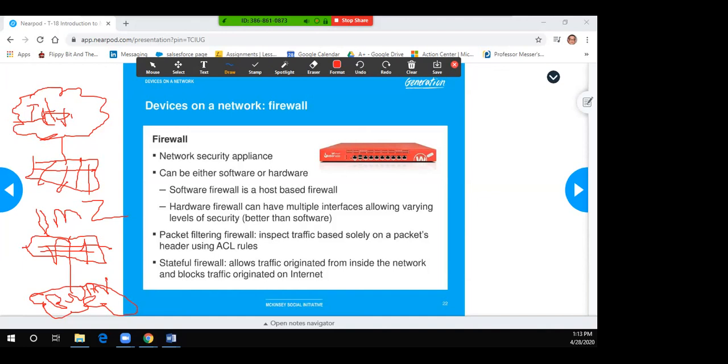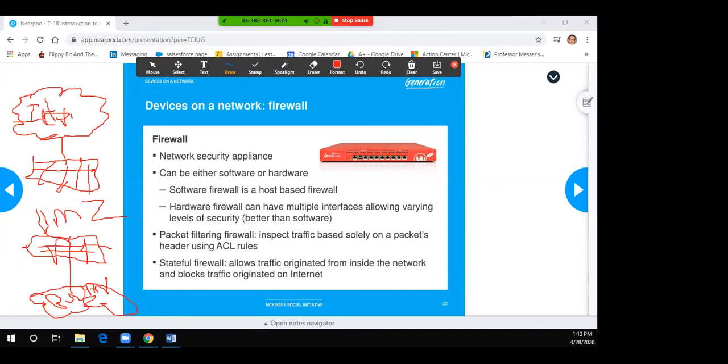Now, the stateful one is obviously a little different. That one's in reference to it checking if I started it or not. The difference is that the packet filtering firewall obviously inspects all of the actual packets and checks them against the ACL rules. Versus this one, if I initiated the traffic and it was valid, it automatically puts an entry in, saying, okay,